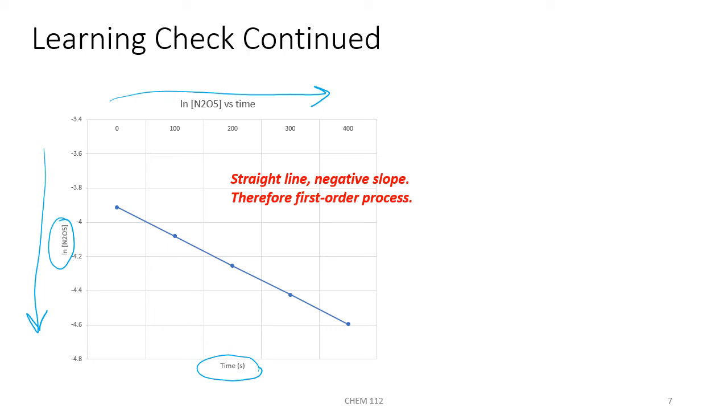And what did we get? We got a straight line and it has a negative slope. So in this case, because we have that straight line and negative slope, we can say that negative m is equal to k, our rate law constant, using our first order kinetics integrated rate law. Ln of At equals negative kt plus ln of A0. So when we graphed that data, we did get what we were expecting. We can say that this is a first order